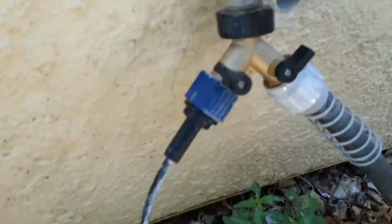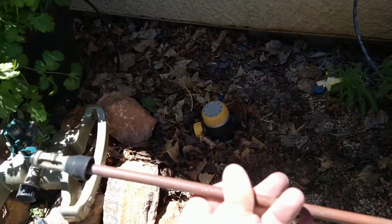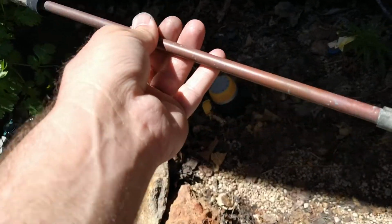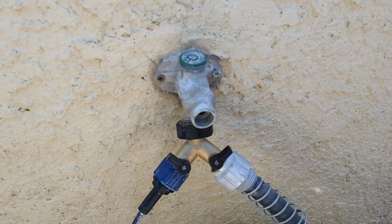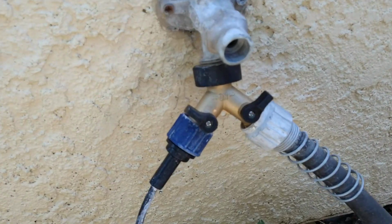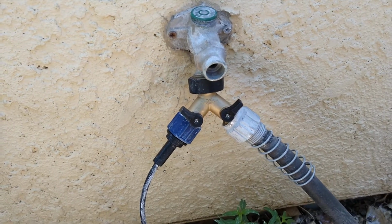I am going to contact the manufacturer and see if they still have any old stock of this, because it would make my life a lot easier. I'm going to have to open up the drywall in the house to be able to change this entire thing out for the new style, and that's not something I wanted to get into today. So right now the water's on. So what I did,